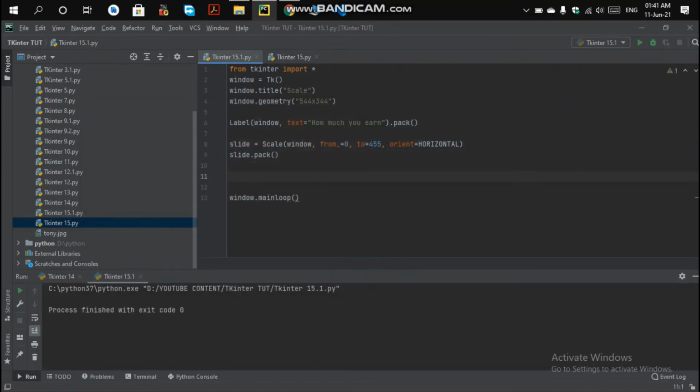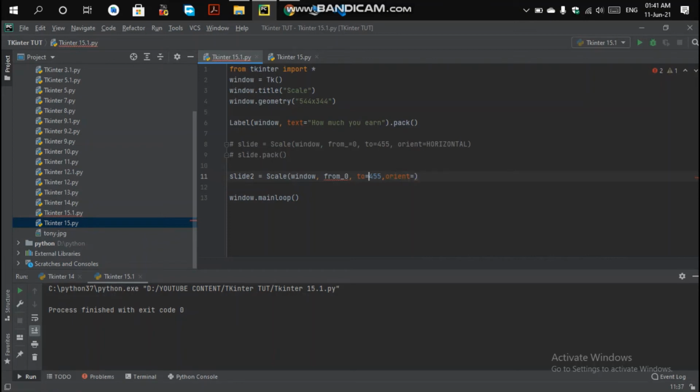So let me create a next slide here. That is slide 2. Let me uncomment here and create a new slide. Slide 2 will be scale in the window, and the next arguments are from 0 to 455, and the next value is orient, which stands for orientation.